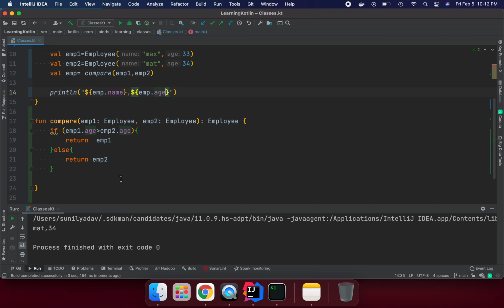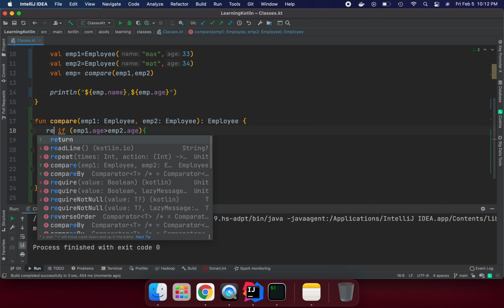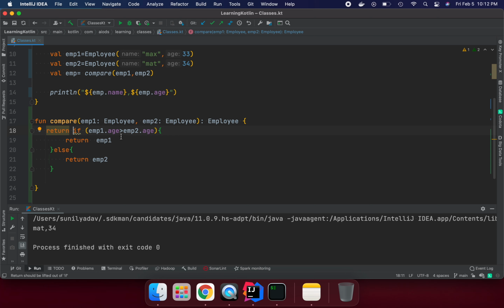But how can we use it as an expression in Kotlin? Let's do that. I'm saying return whatever value I'm getting as an expression. If you are using an expression, we can do the same thing in one line.